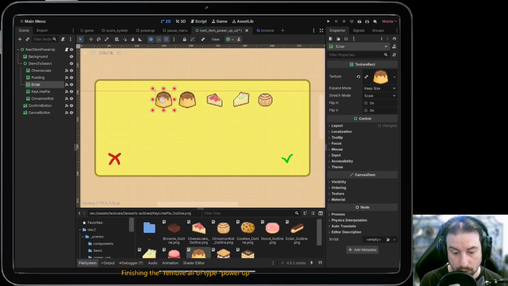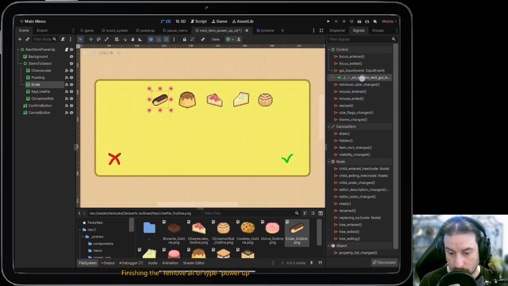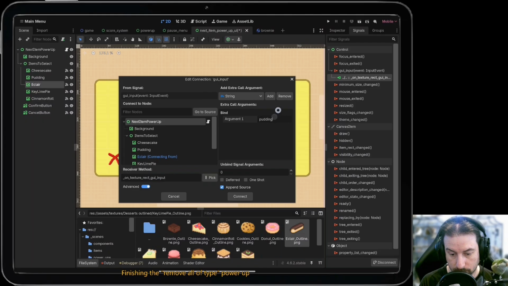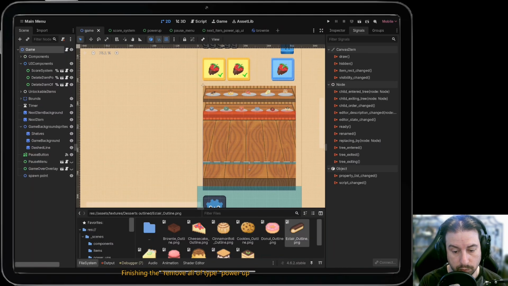So there. Let's move the texture here and redo the signal. And the eclair. What else we have? Yeah, so that's the top one,